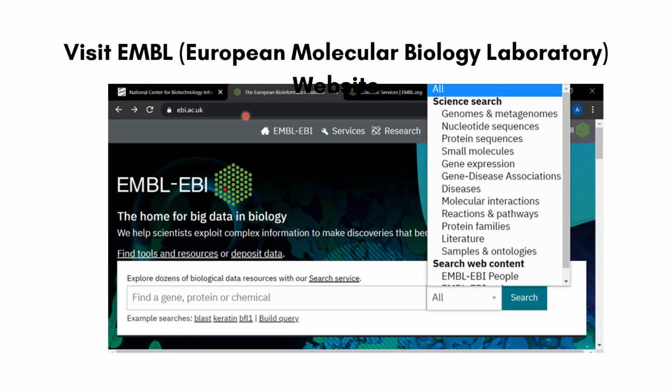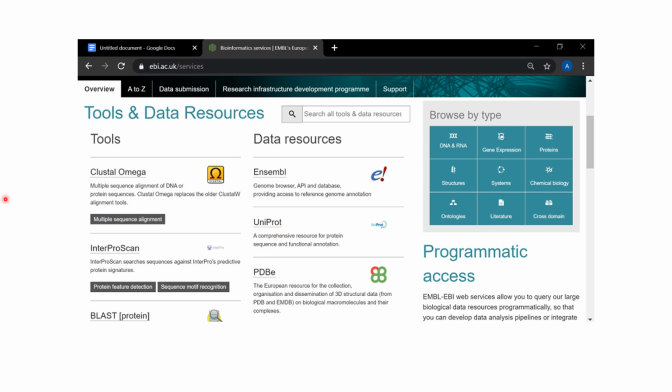Then moving on to how to visit the EMBL website, right? Just go to your preferred browser and type in the search bar ebi.ac.uk. This is how the home page of EMBL looks. Again, there's a lot of options available here. You can click on each of them and explore separately. I'm not going to take your time, because the video is going to be a bit lengthy otherwise. So yeah, here if you scroll down further, as you can see,